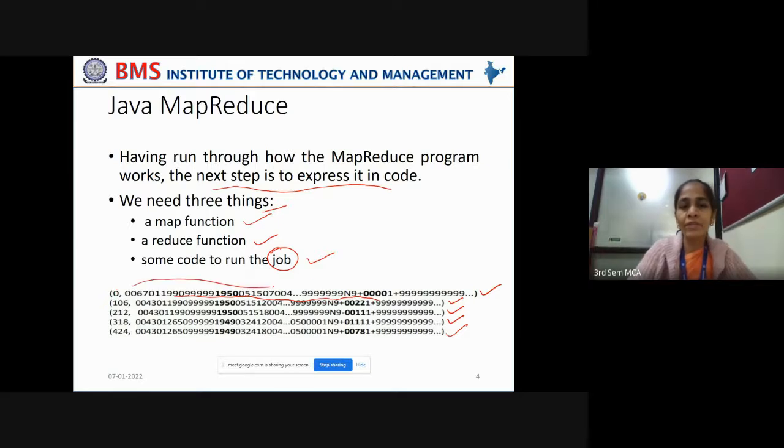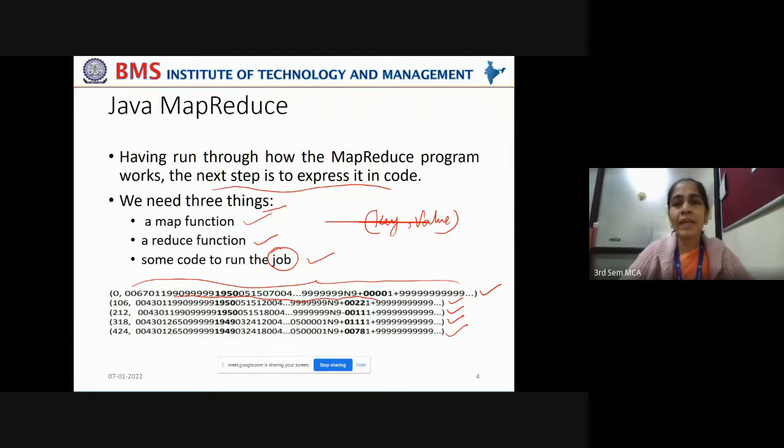The raw data of the NCDC data set looks like this. From that data, you have to convert it into key value pairs, which will be fed as input to the map phase, and the map phase works on these key value pairs and again gives output as key value pairs, which is further fed as input to the reduce phase.